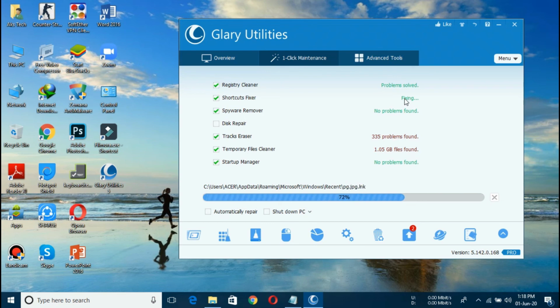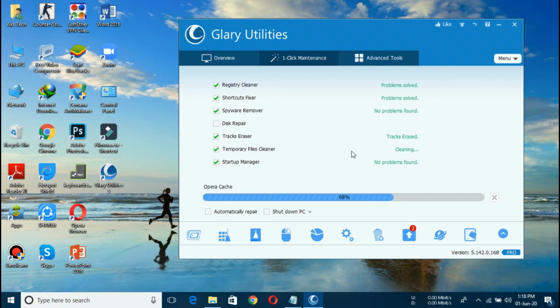Fixing the problems, and there you can see that it has been fixed and now the tracks have also been erased. And here you can see in the recycle bin that those tracks have been moved to the recycle bin.